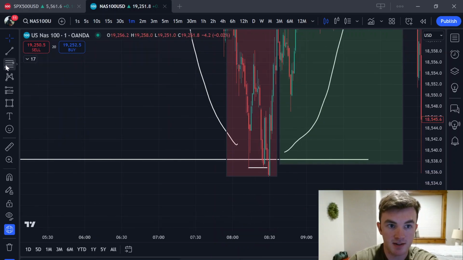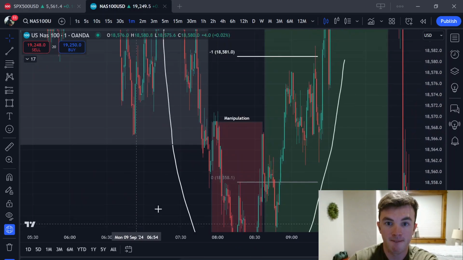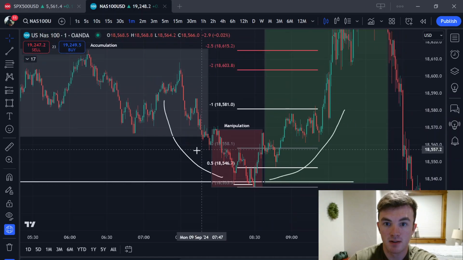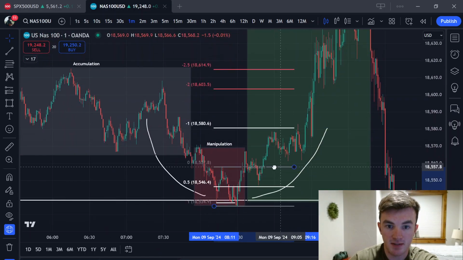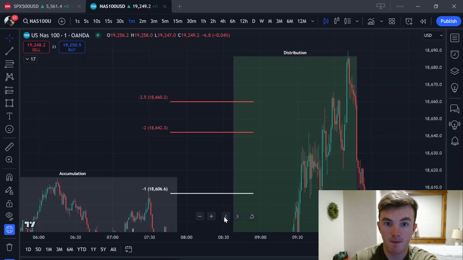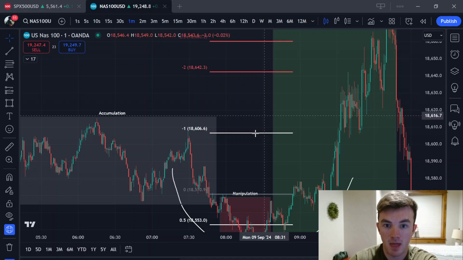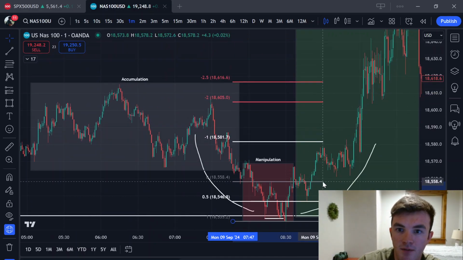This final move down is the move you'd use for the standard deviation, right? And it looks like we could even use this larger move down. And this will just give you an idea of how far